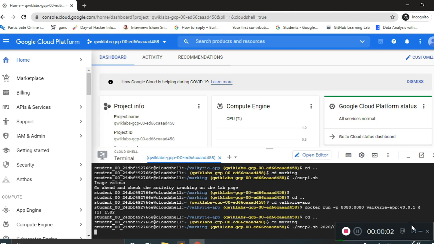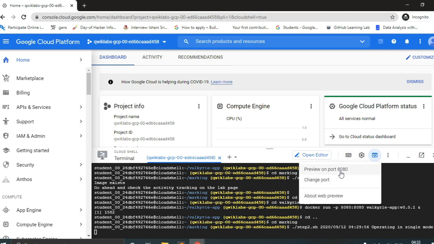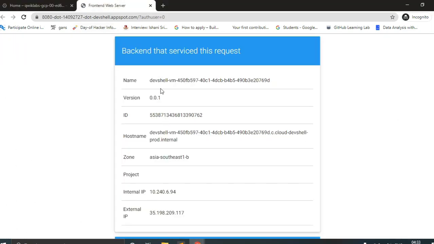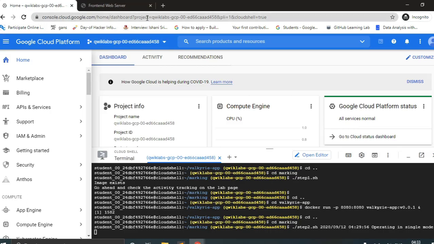Here one could see that we are operating in single mode. We go to web preview and preview on port 8080. We will see a site, a web interface, a front-end web server.